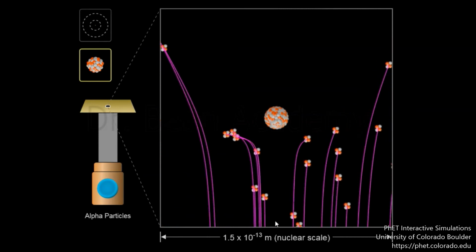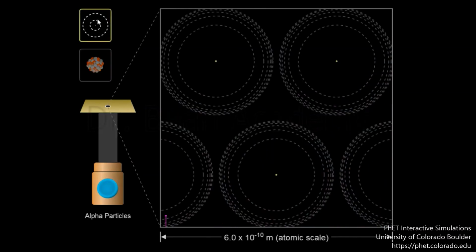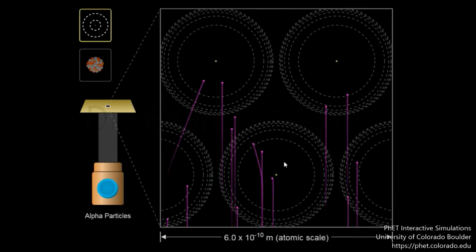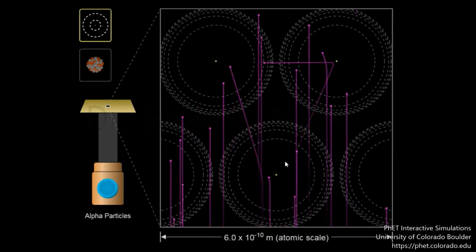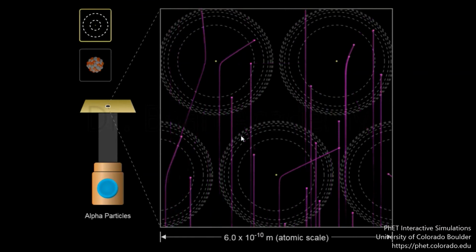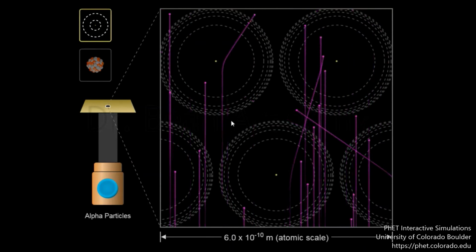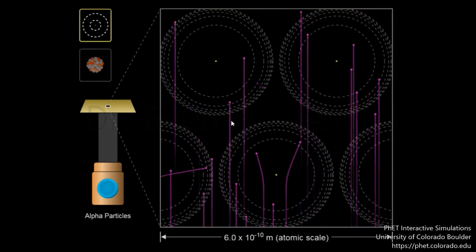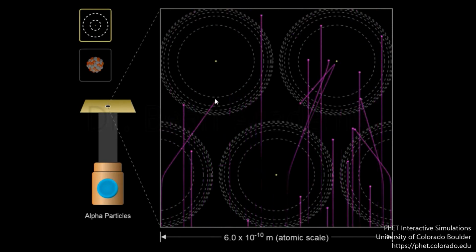But if there is a head-on collision, then the particle will just go back the same way it came from. So because of these two deflections, he found the existence of some positive charge,